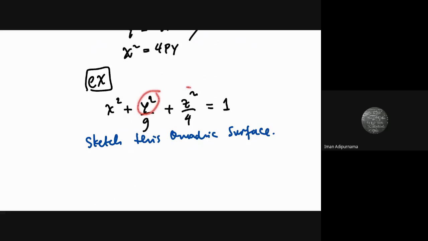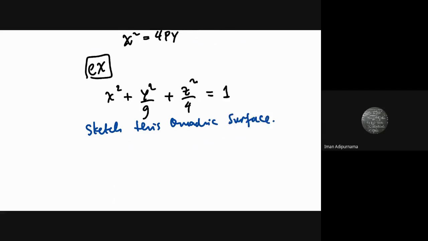Same thing, if you replace y with a constant, then you have the xz plane, and you have an ellipse. And if you replace z with a constant, you will also have an ellipse. So